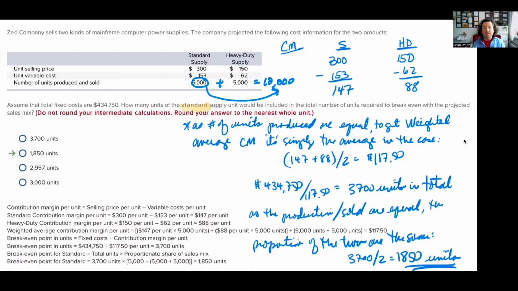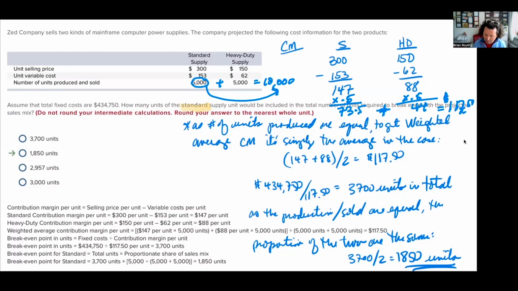So 5,000 divided by 10,000. Okay, that's 50% or 0.5. Then we take that and multiply that by each one. That gives us our weighted average contribution margin for each one, 73.5 and 44. If we add those together, we should get 117.50,